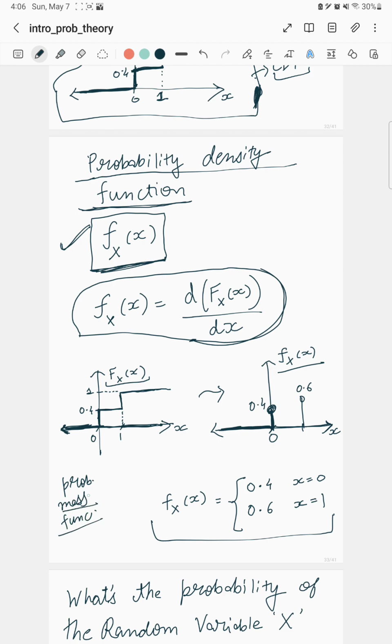So it would be the same function as this. It's just that since x is a discrete random variable, we are going to use this notation. And we have seen that small f of x, which is the probability density function, or the probability mass function in this case, would have the value of this. So it would take the value of 0.4 when x equals 0, and it will take the value of 0.6 when x equals 1. And you can see that it does denote the probability of the outcome of the experiment